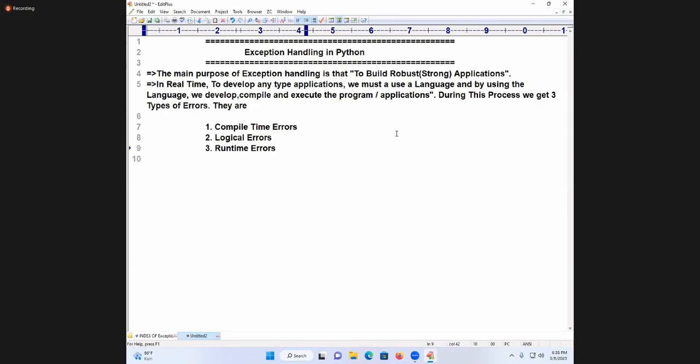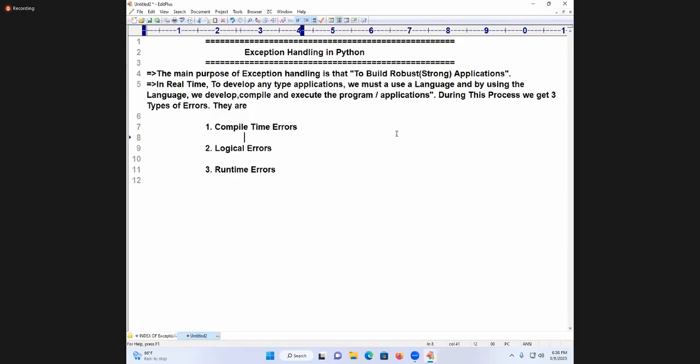Easy, students. Now I want to talk about compile time errors. Sir, why are compile time errors coming? Why are logical errors coming? I want to give some description. How many types of errors? Three types. Tell me, what are those three? Compile time errors, logical errors, runtime errors. Are you getting my point?